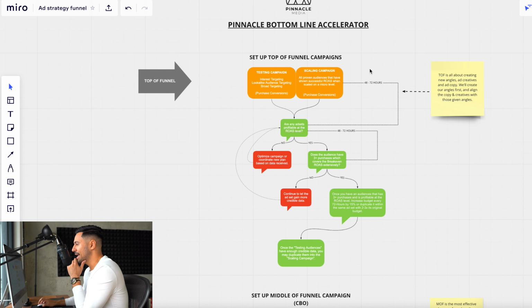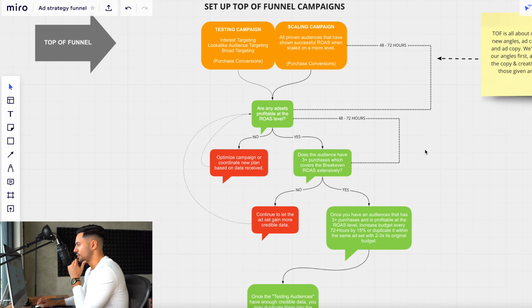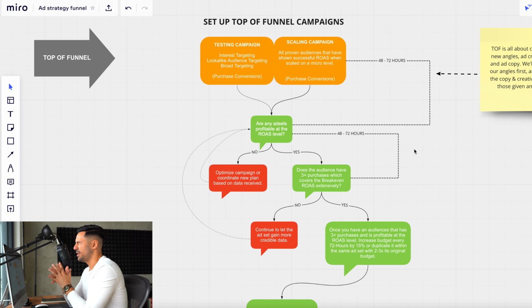But when we are looking at your top of the funnel and how you are setting things up, the main thing that we're going to be looking at is testing. So in your top of funnel, when you're maybe jumping into a brand new store, you're probably going to be testing a lot of different audiences. So the first campaign that our team will set up after we do all of our research is going to be a testing campaign. Now, mainly it'll be made up of interests, but if we are jumping into, maybe a